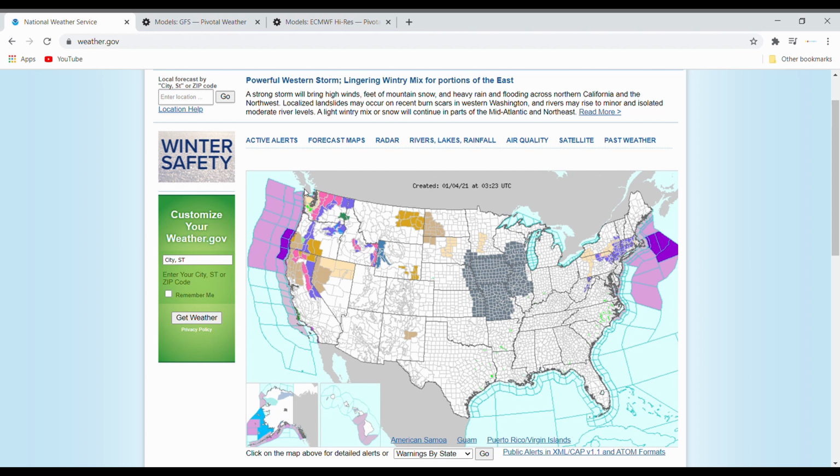We currently have a pretty serious snowstorm in the mountains of the western part of the country, the Rockies, Cascades, Sierra Nevadas, and that'll be moving through, causing a little bit of snow in the central part of the country, and then ending up being a possible southern snowmaker. Those could be pretty impactful depending on where it hits and what type of precip there is, because we all know when ice hits the south, that is a bad